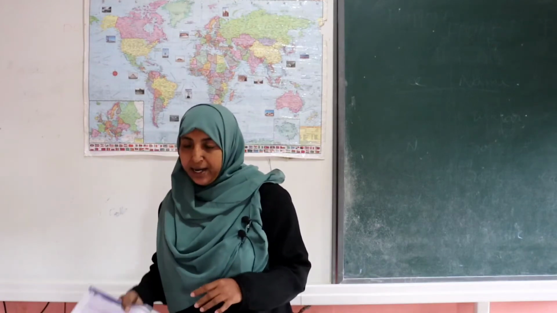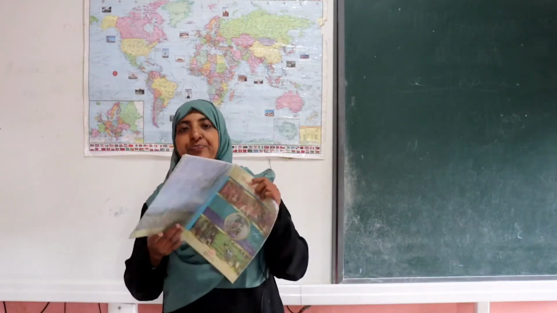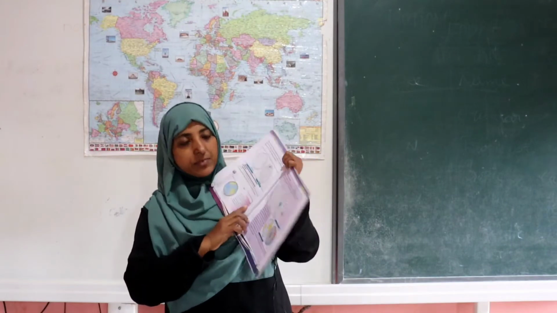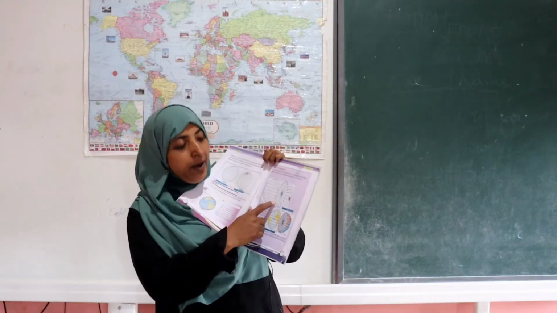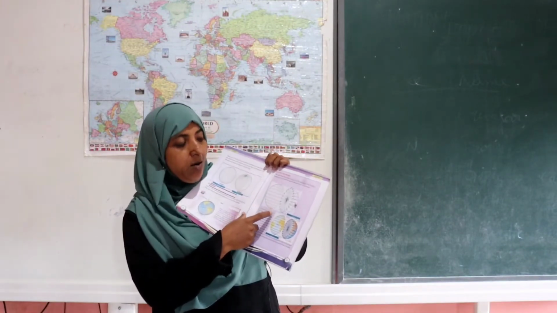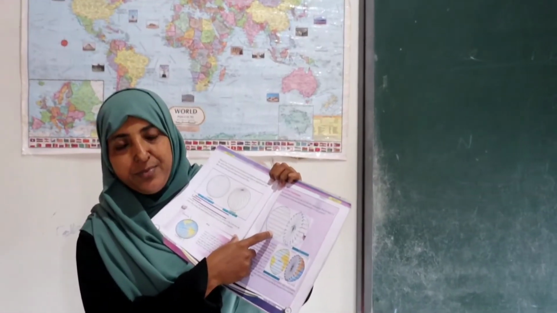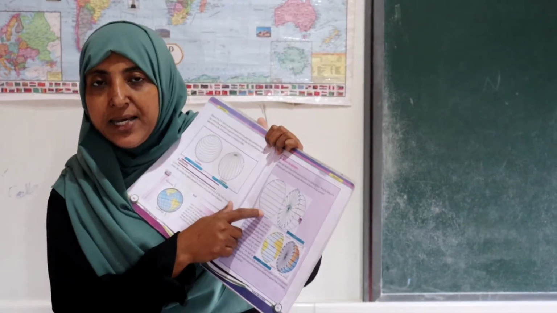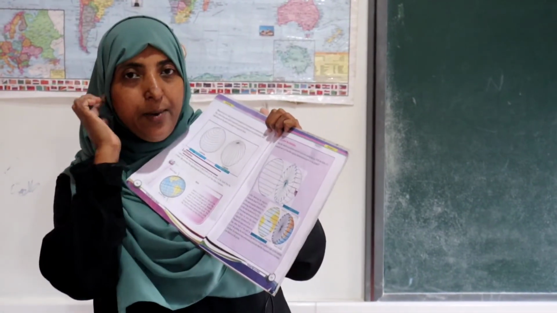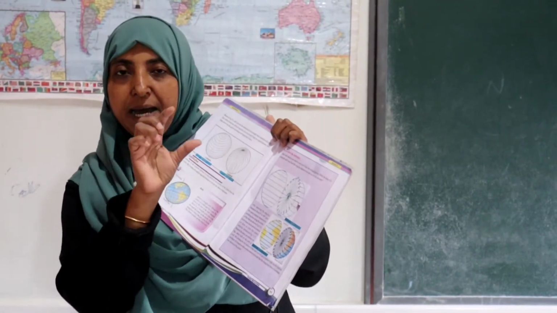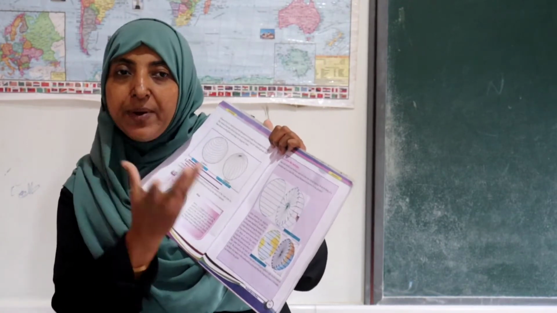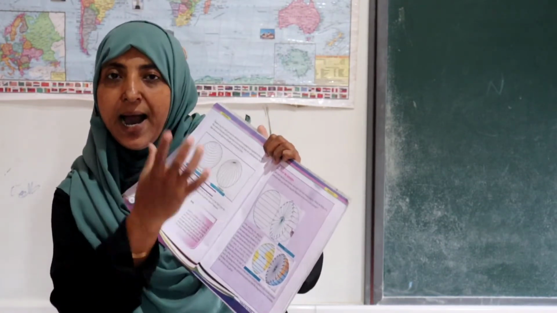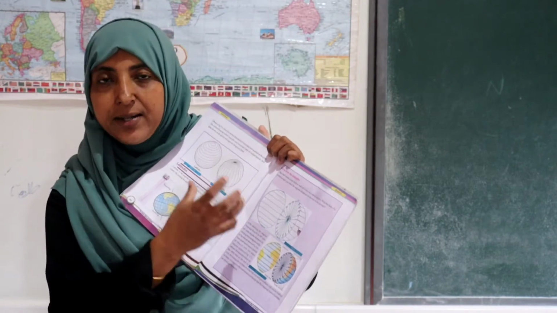So all of you take page number 65. All of you look here. Here you can see a model of latitude. Okay, so you have to prepare a model like this. Then you can easily understand the importance of lines, that means the important latitudes, and how we can prepare latitudes, and what is the angular distance from the center of the earth, etc.